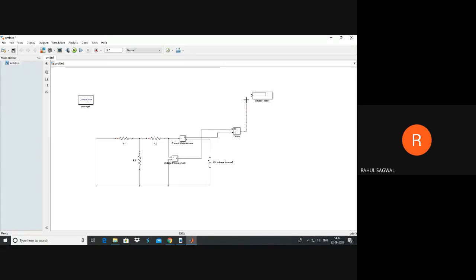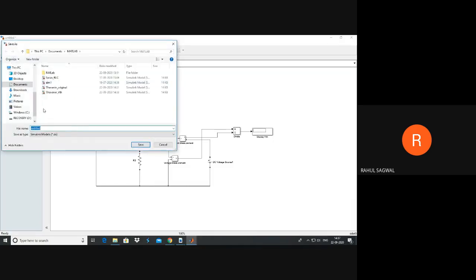So the output will be nothing but resistance, that will be RTH. So this display should now show RTH. Let's save the circuitry. Instead of VTH, we'll name it as RTH.